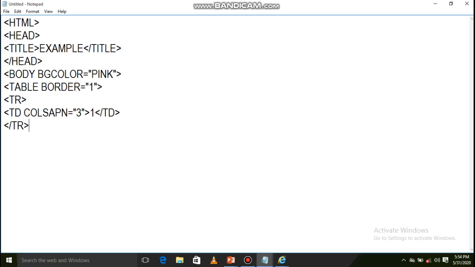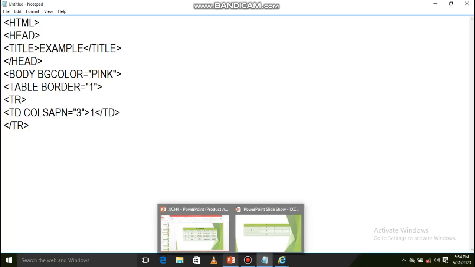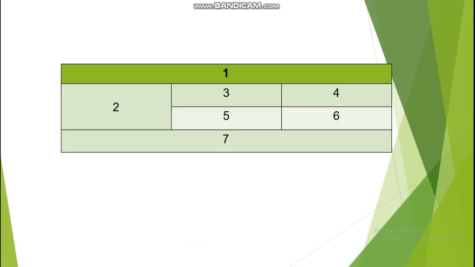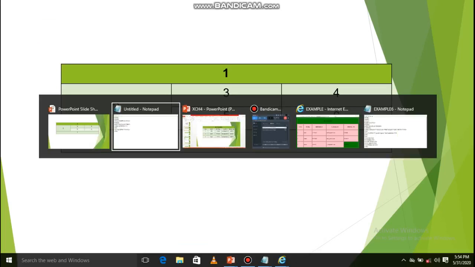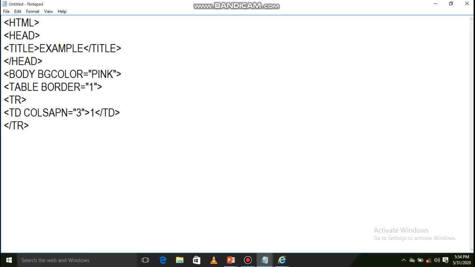At last tr close. Now just see this table. In the first row 3 columns are merged, so that's why here I use colspan is equals to 3. And one thing more is here, bgcolor is equals to green.